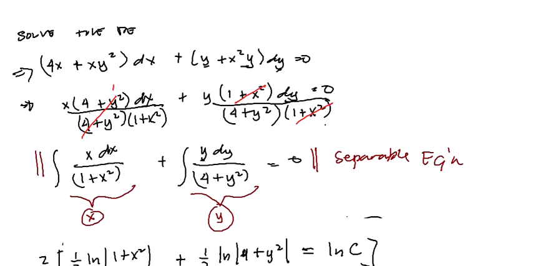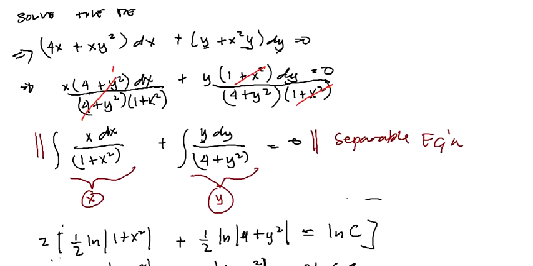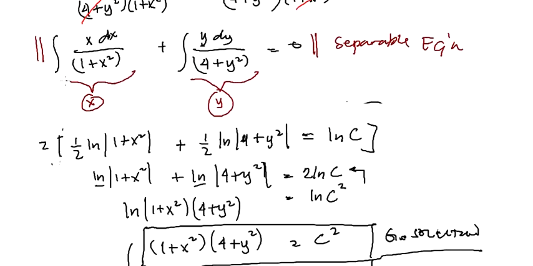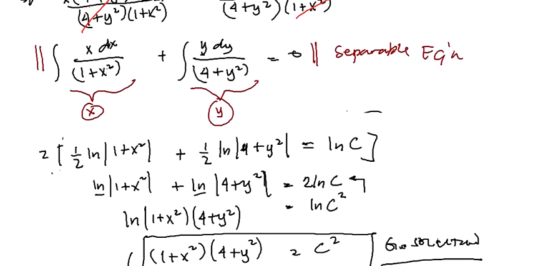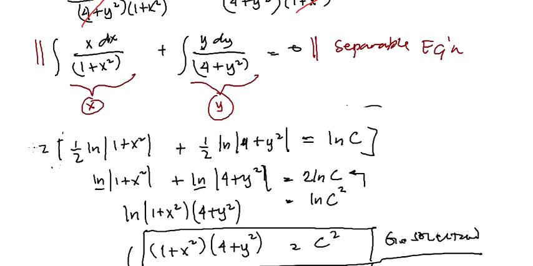Hi, welcome back. So this is our sample problem last time, and let me discuss further the integration part, this part here. After we separate and come up with a separable equation, then we need to integrate each term, the x and y terms, right? And we come up with this